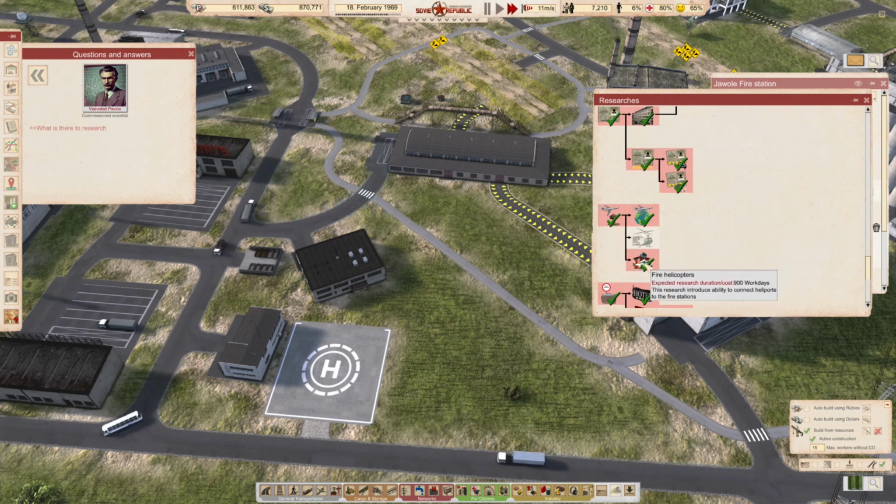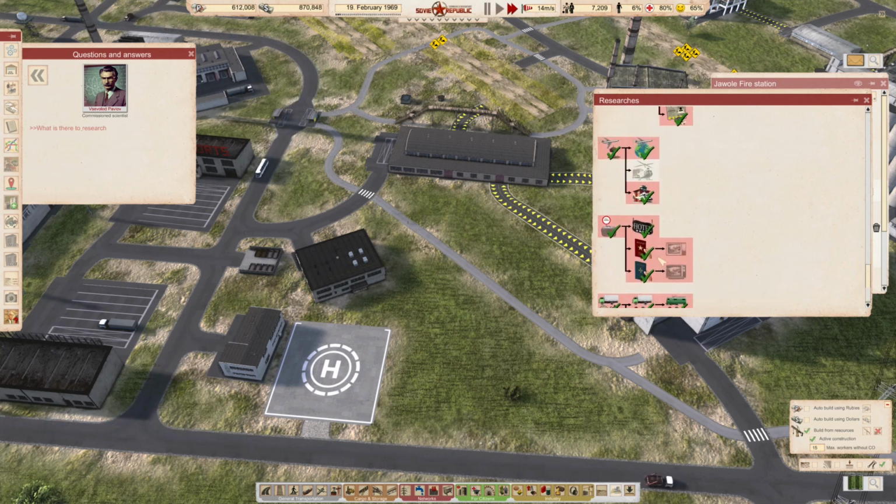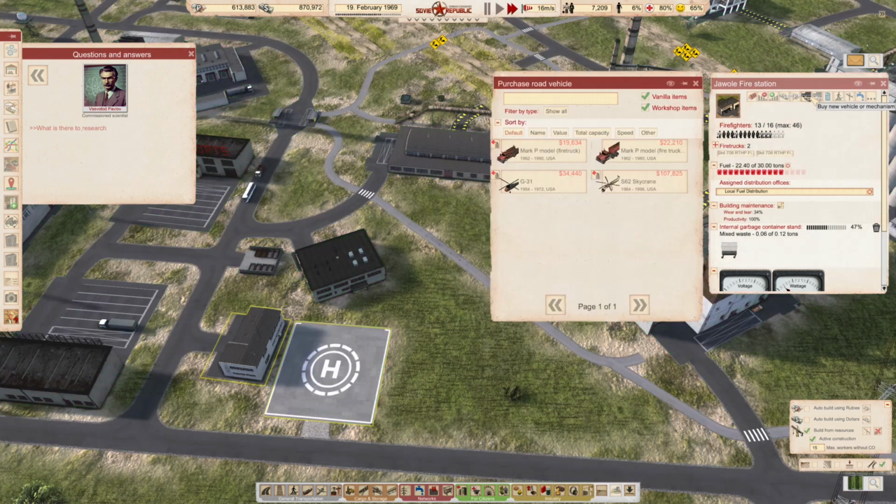Fire helicopters. It's done. So how come I can't buy one? That is really interesting. A sky crane? Yeah, that's not even as good. So how can I...